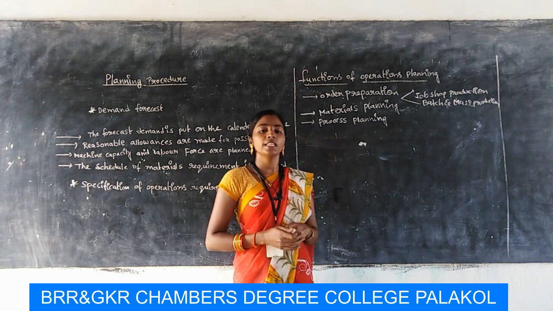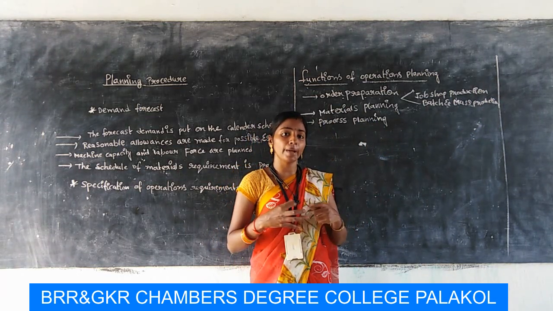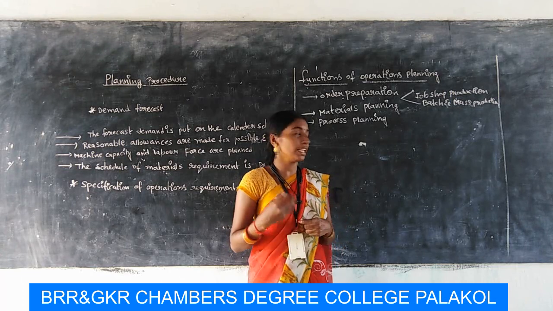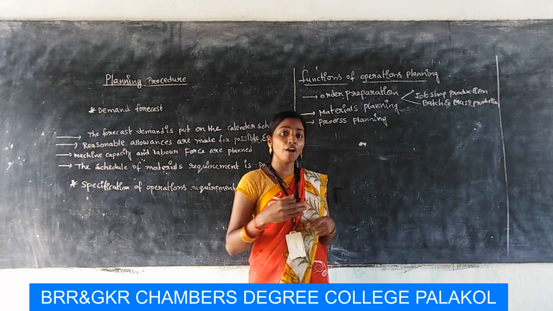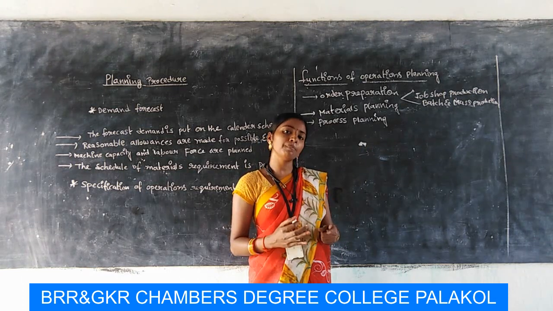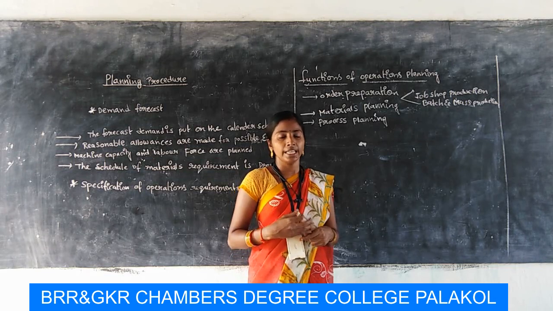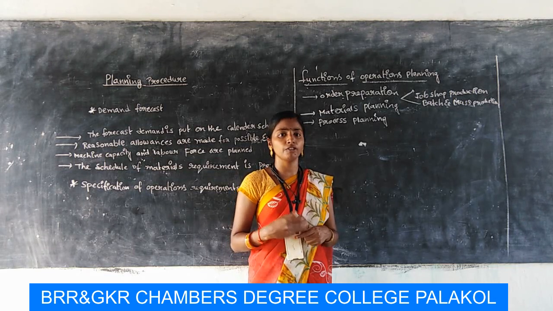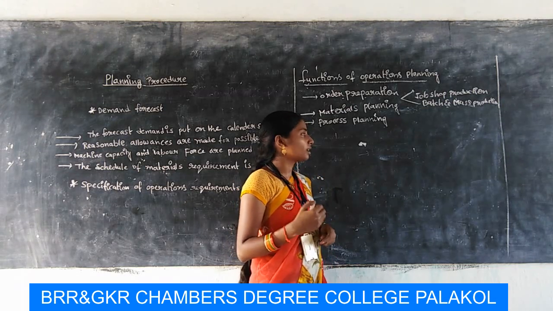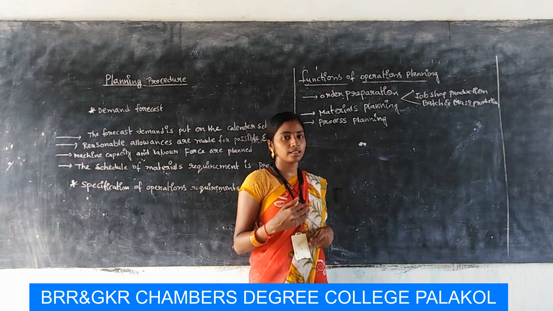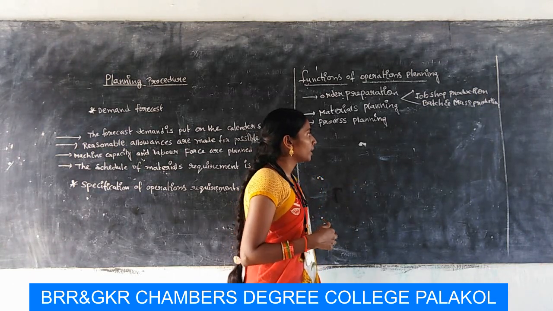Here in batch production, the production takes place in batches. After completion of one batch, the machinery is available for another batch. In the batch production system, we produce few kinds of products, in the number of hundreds and thousands. Next one, mass production.